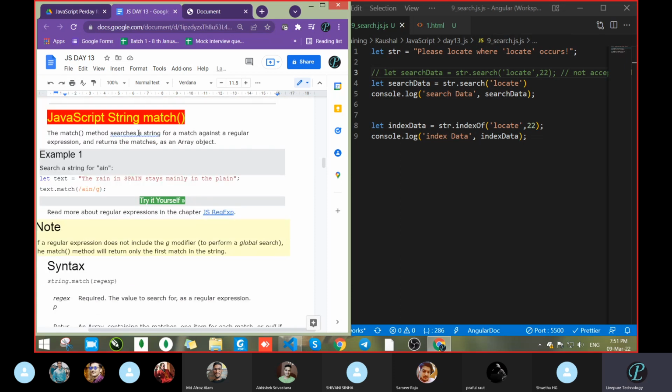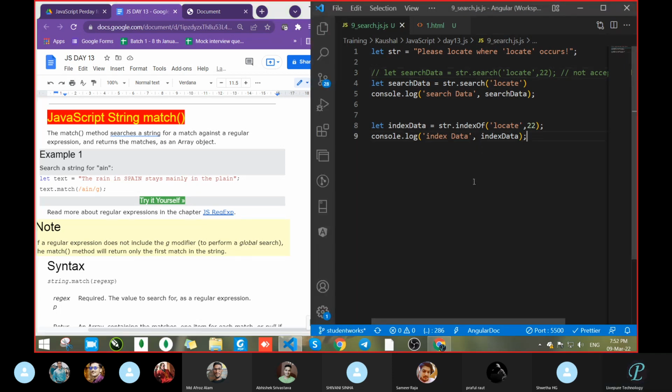String match means what? It is going to take the matching one and then it will return it. So let's see. Do it here itself.